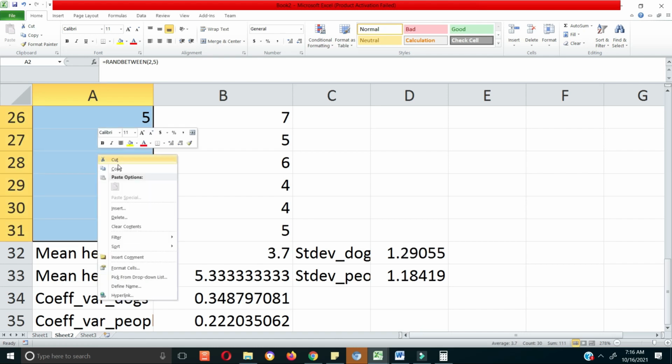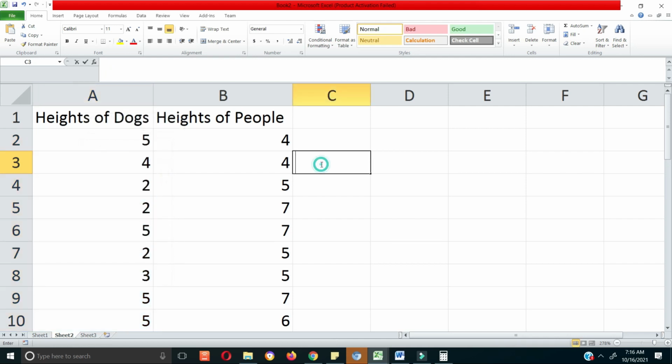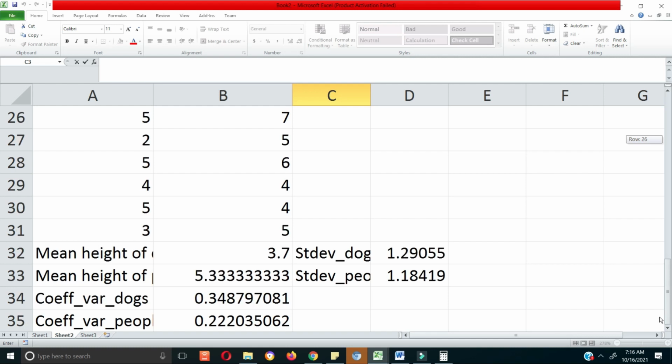Let me just copy and paste. So this is 2 and 5, and this is 4 and 7. Coefficient of variance. Now you actually see that we have a higher coefficient of variance for dogs,